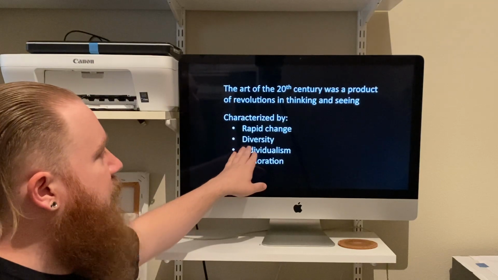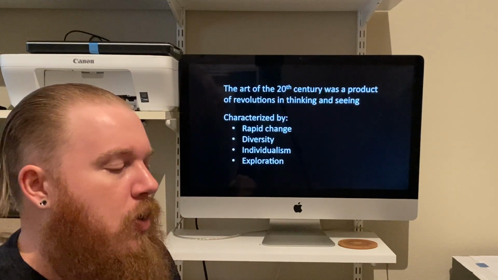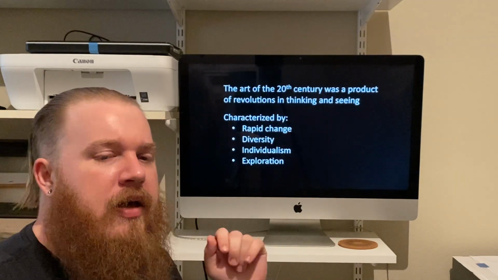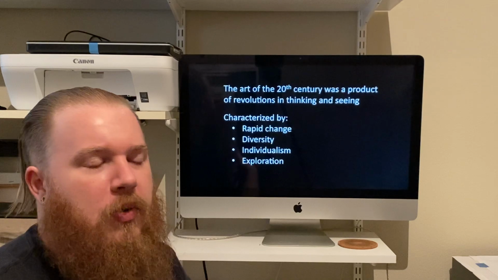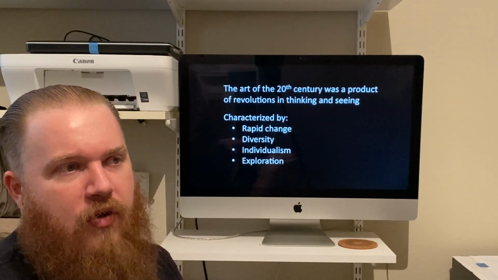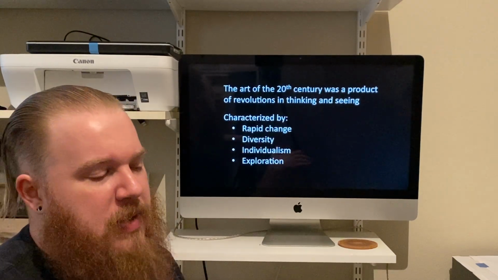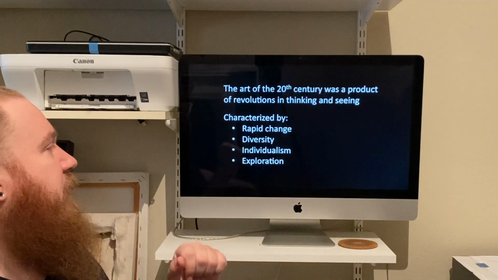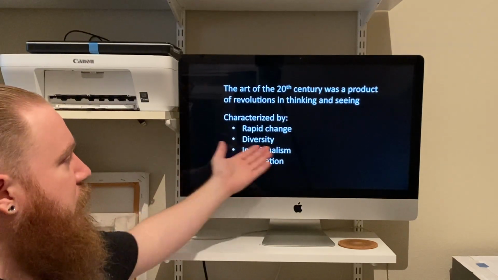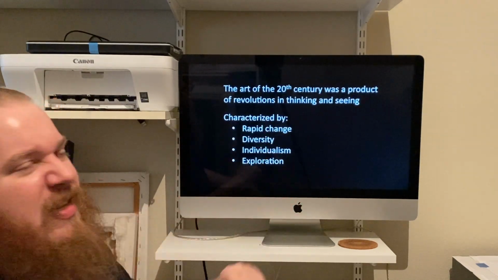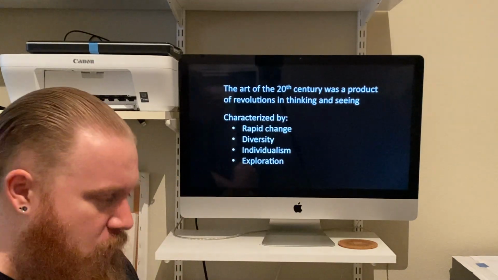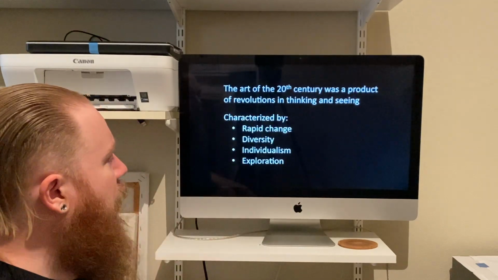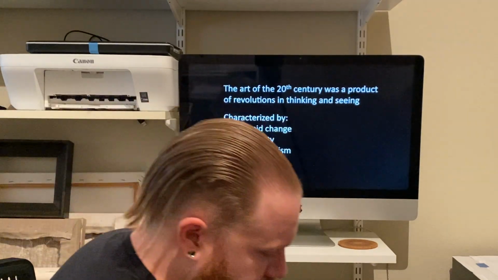But we also see this very extreme diversity in style. So even if someone is working under the blanket term of cubism, they might be doing something completely different than someone else. So just because we have these overarching stylistic movements doesn't mean that everyone's going to be doing the exact same thing within it. So extreme diversity of elements, and that's largely due to this push for individualism as well as exploration or experimentation. So very, very prominent within this as well.